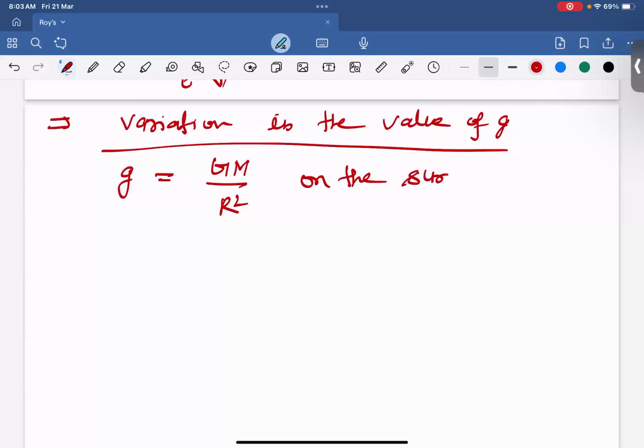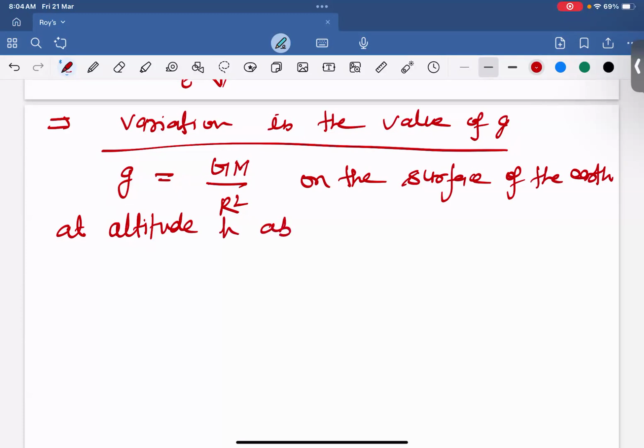If you go at some altitude h above the surface of the Earth,